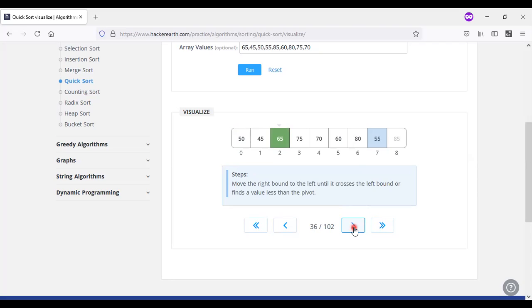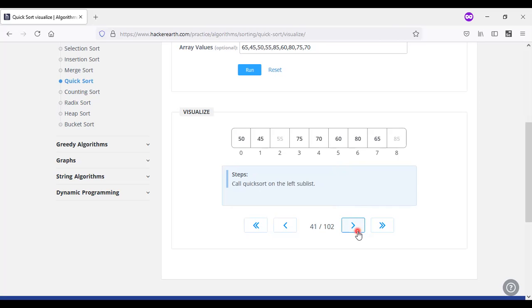So we need to stop at this value itself, and we need to check whether any elements are there to be processed. There is no such element to be processed here. We need to swap the elements of those positions. Okay, right side it will have the greater than value, left side it will have the less than value.